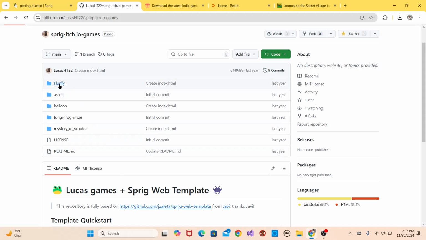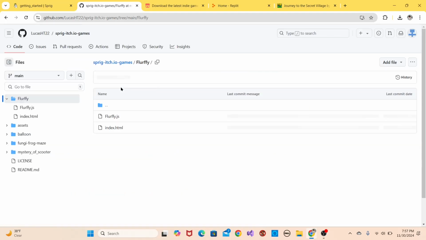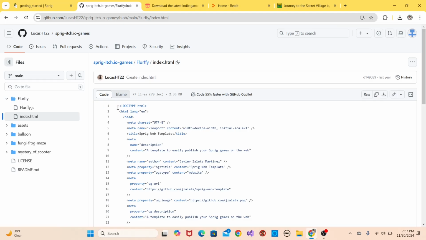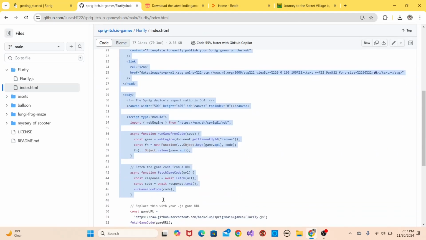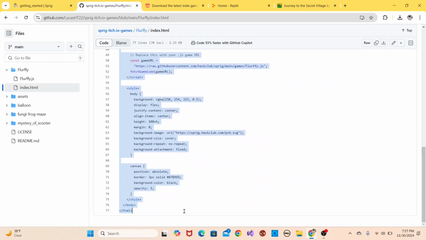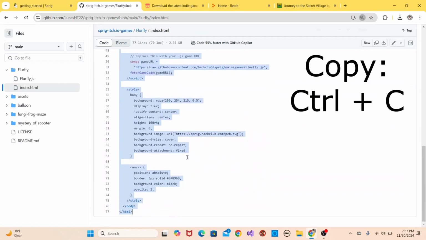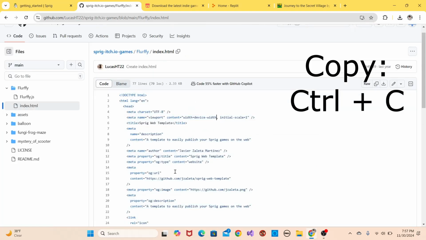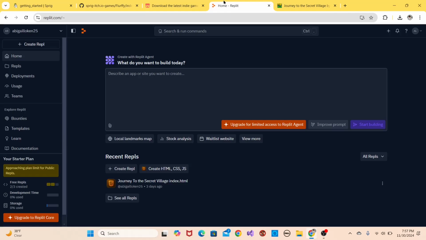So basically what you're going to want to do is click on Flurfy and then go to index.html. And then once you're here, highlight all of this, and just Control C, copy it. So basically Control C and copy this whole thing. Then you want to go to